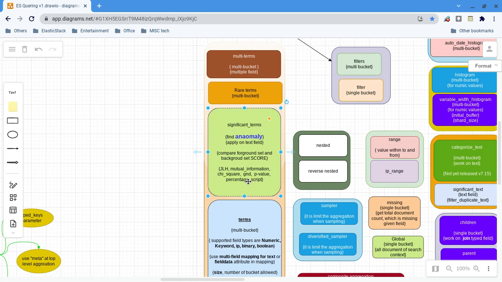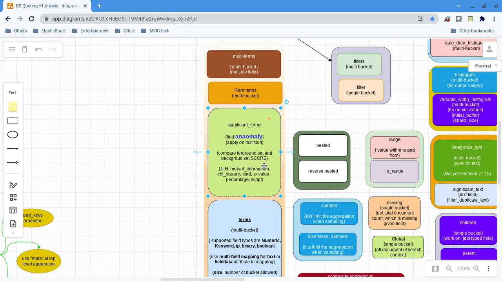There are several methods: JLH, mutual information, chi-square, Google normalized distance, p-value, percentage, and script. By default it uses mutual information. So that's what I can say about significant terms.